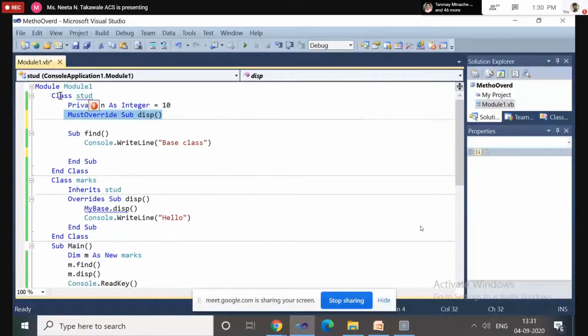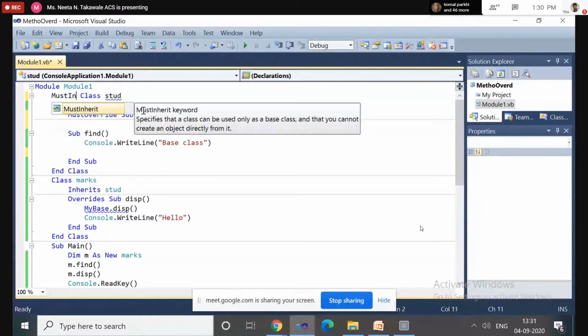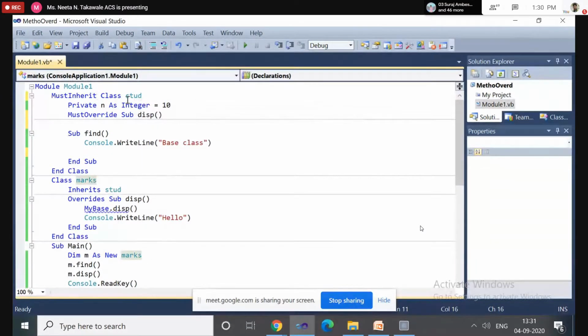That's why it is showing the error message. Now there is no error message for the Student class because it is declared using MustInherit. Clear? And we already discussed how to use those MustOverride methods.